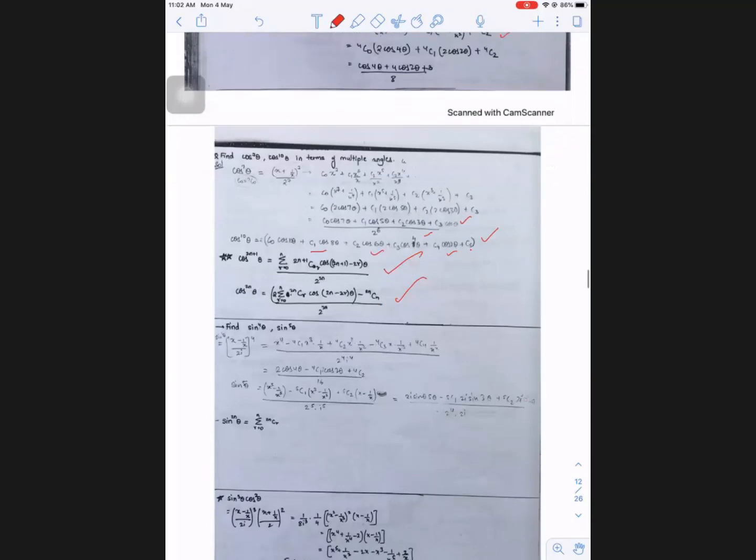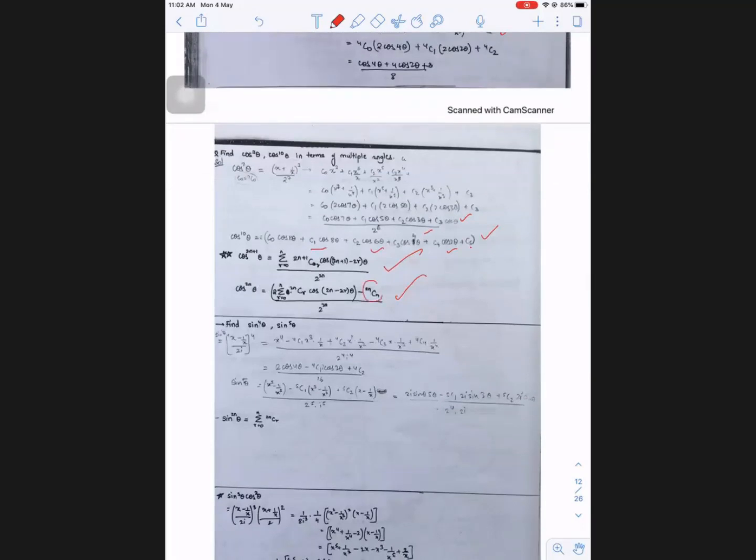So for even powers, 2nCn comes extra, because it comes only one time. The reason is that in an even power expansion you have an odd number of terms. In that case, the first and last terms give the same result, but in the middle one extra term is there, that is 2nCn. If you take an odd power, nothing is extra, so it matches exactly.